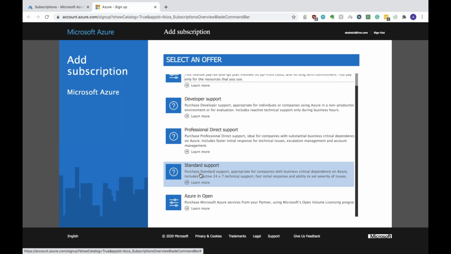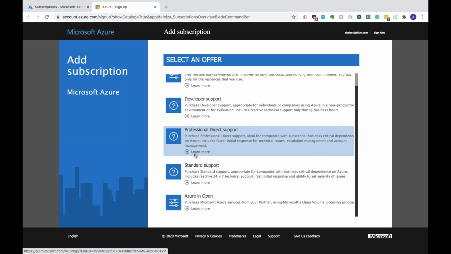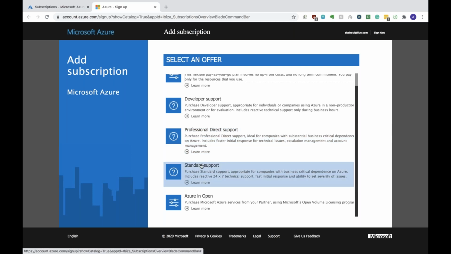So if you are asked to recommend a service subscription, always ask certain questions, such as: am I using any Microsoft products? If you're using any Microsoft products, what is the version of this particular product? Are you using the latest product, like 2020 or 2019? If you're still using 2019, maybe an email service, or any kind of Microsoft oriented product, if it is of the latest version, always go with the standard, because professional direct support, both are okay, because